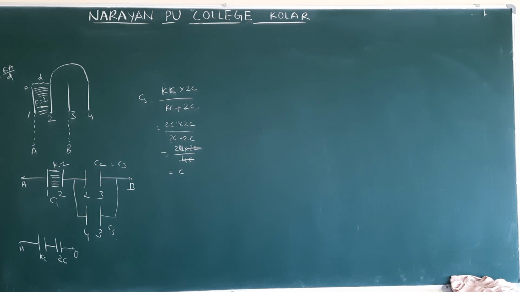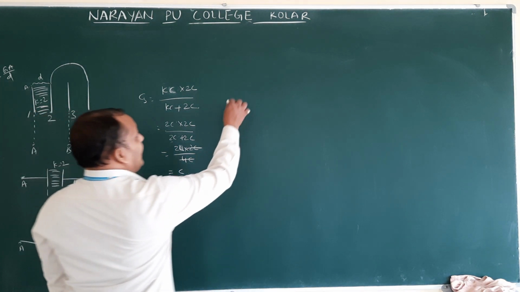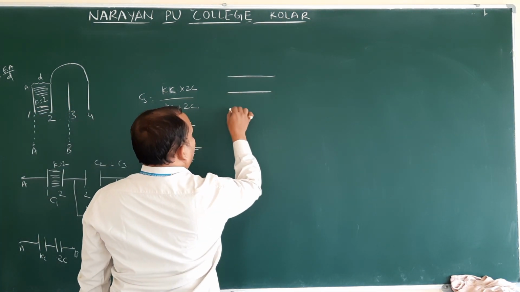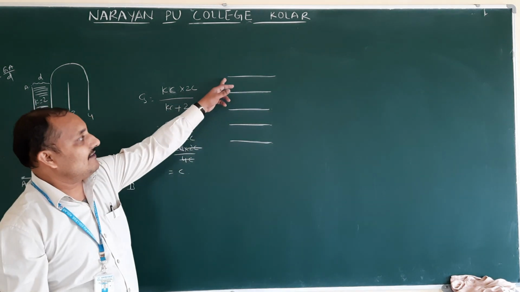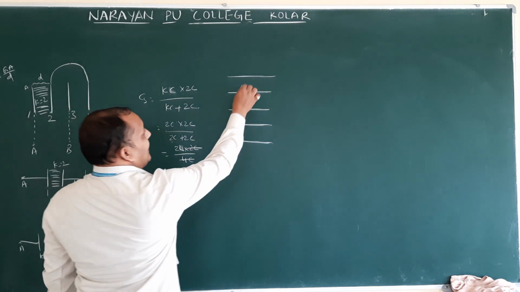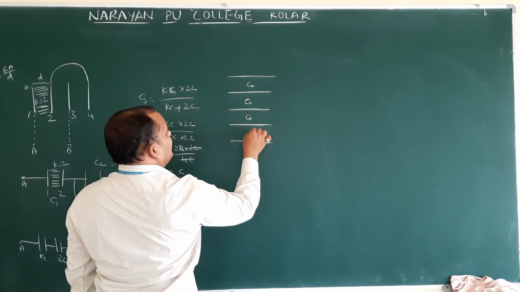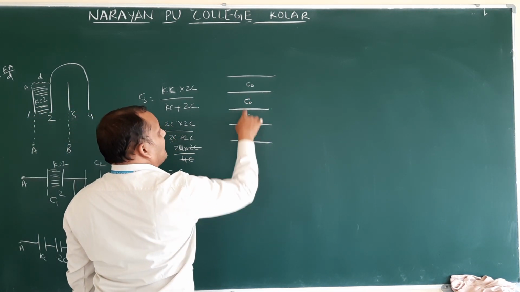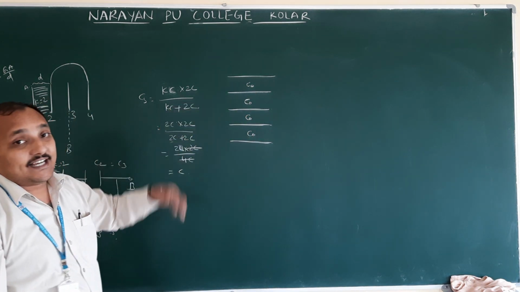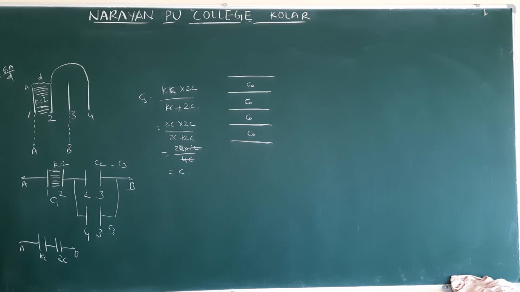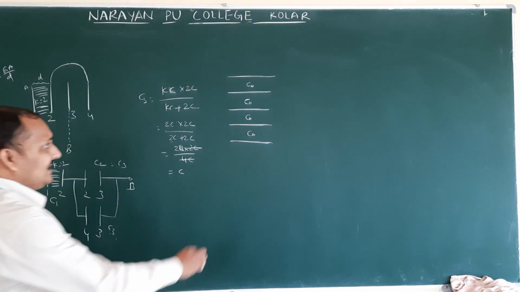So they have given 5 identical plates. 5 identical plates means 1, 2, 3, 4, 5. All these 5 are equally spaced and the area is the same. Each capacitance is how much? C0. How many capacitors do you get now? 1, 2, 3, 4 capacitors. Now the alternate plates are connected, isn't it? See the second line. Equally spaced from one another having the same dielectric. The alternate plates are then connected. Then what is the resultant capacitance?